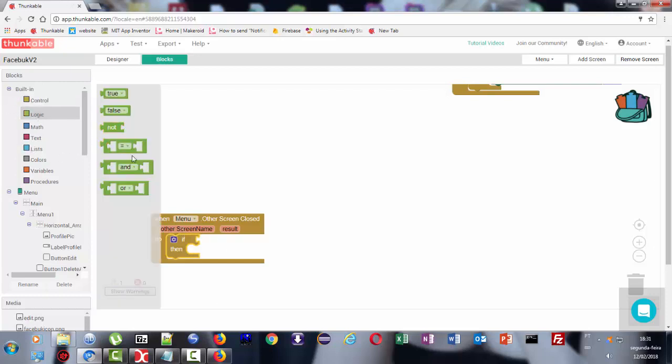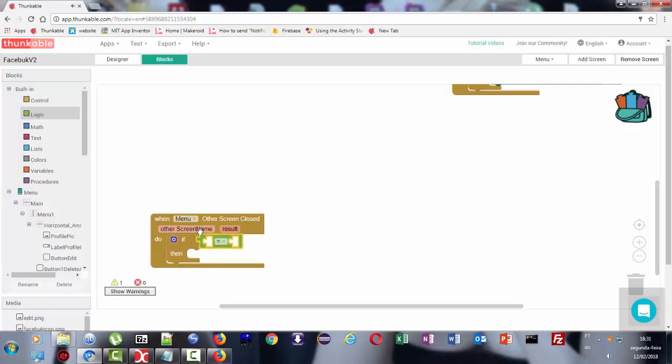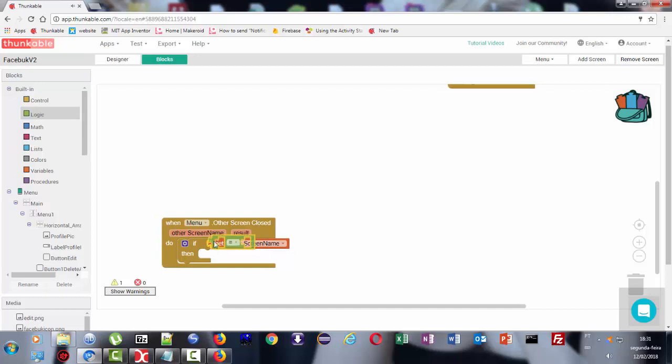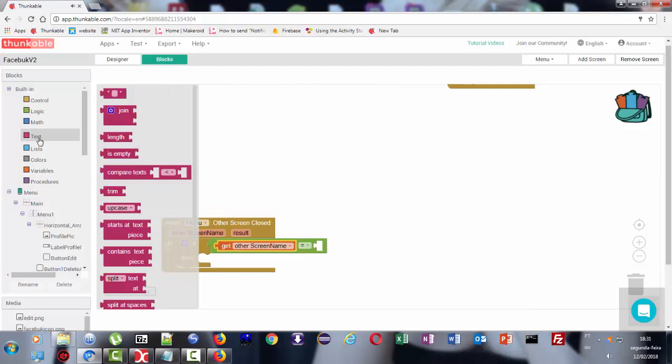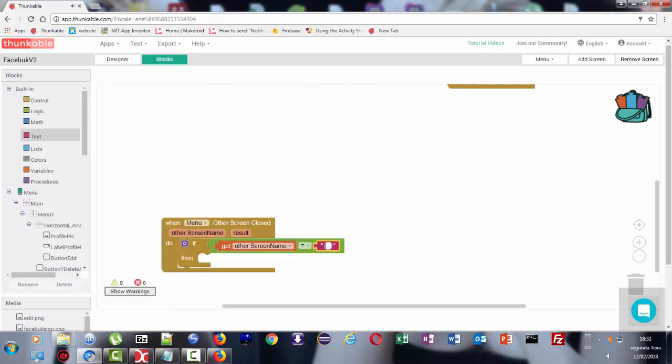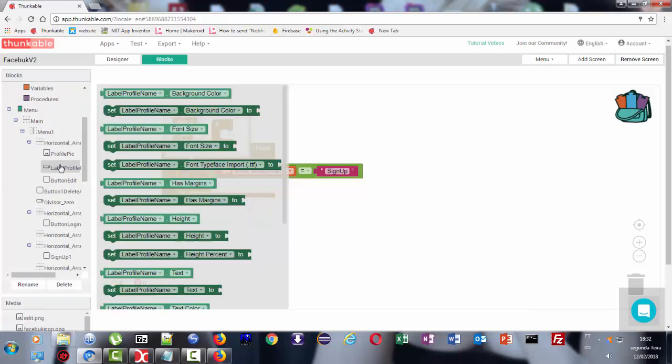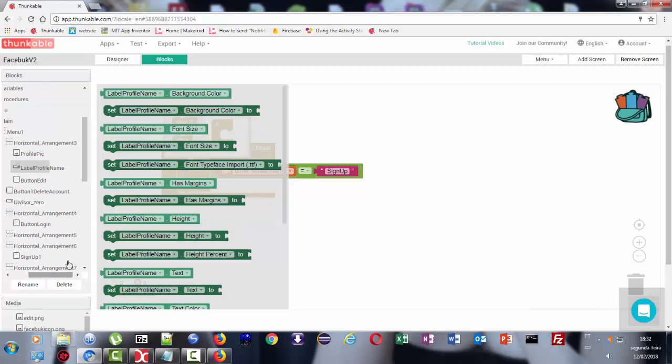We're gonna check if the screen name is equal to sign up. If it is equal to sign up, we are gonna change the label profile name